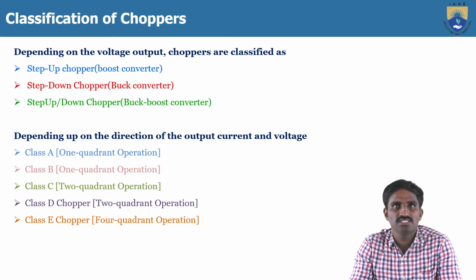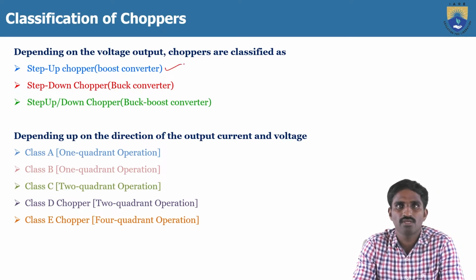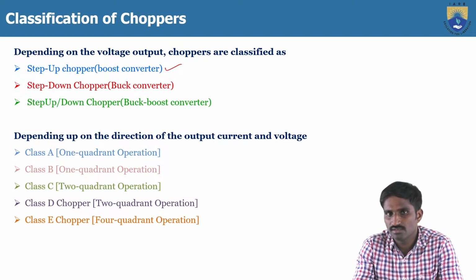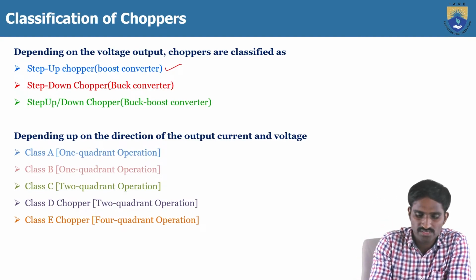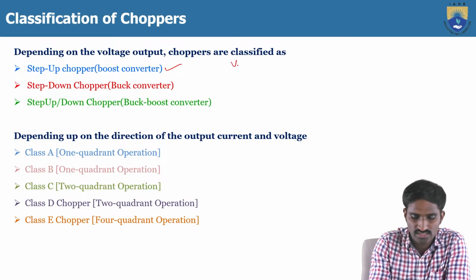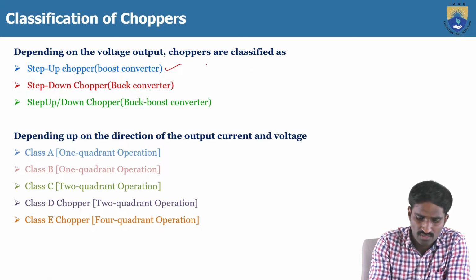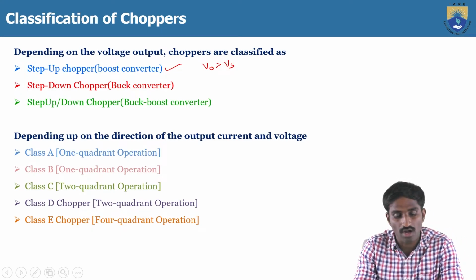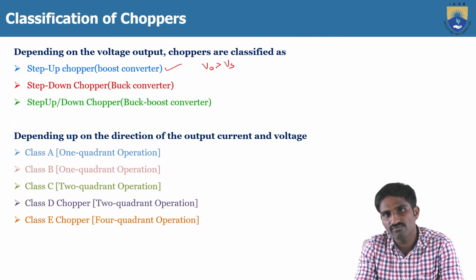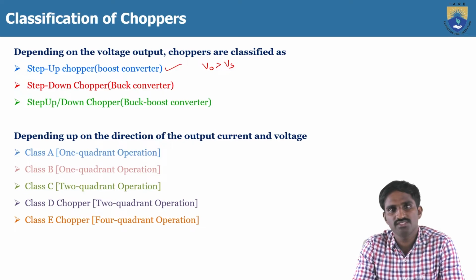In that, the first one is the step up chopper. Step up means the output voltage is greater than the input voltage, and that type of chopper is called a step up chopper. V0 is greater than Vs. V0 is always greater than Vs, irrespective of the duty ratio value. For duty ratio values from 0 to 1, for all values, the output voltage is always greater than the input voltage. That type of converter is called a step up chopper,